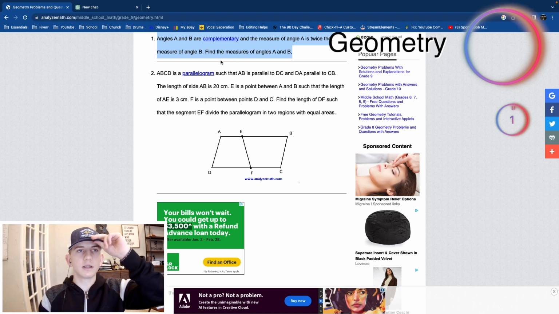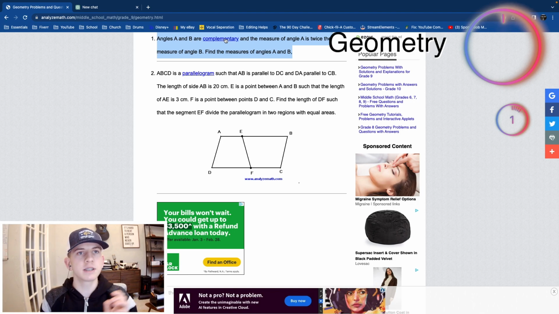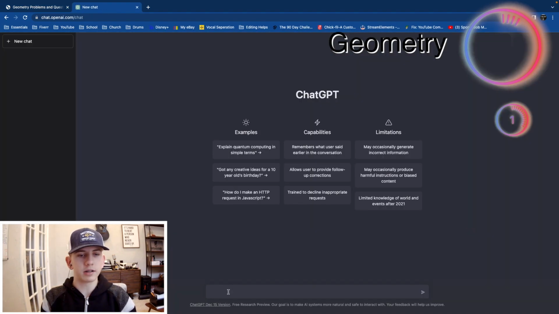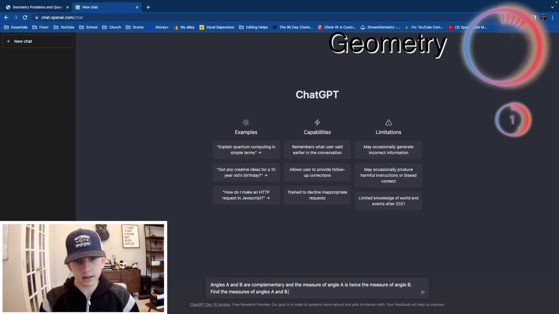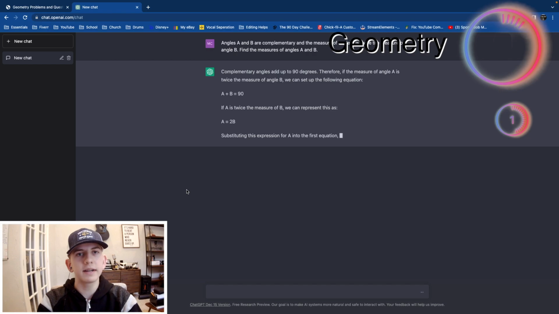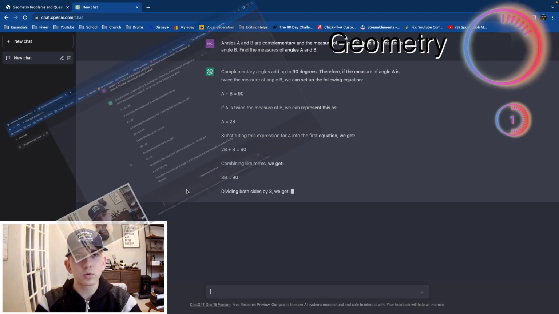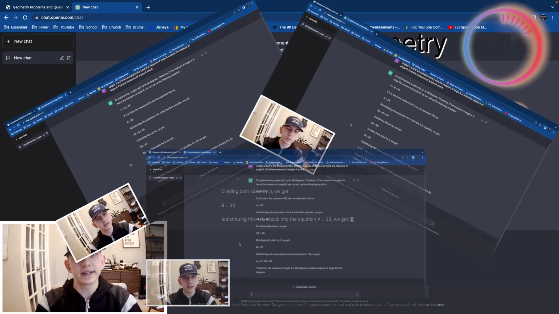So on the screen right now, we've got the first question highlighted right here. It says angles A and B are complementary, and the measure of angle A is twice the measure of angle B. Find the measures of angle A and B. I could probably solve this, but it would take far too long. So all I'm going to do is copy it, go over and make a new chat on ChatGPT, paste it, and enter. Complementary angles add up to 90 degrees. Therefore, if the measure of angle A is twice the measure of angle B, we can set up